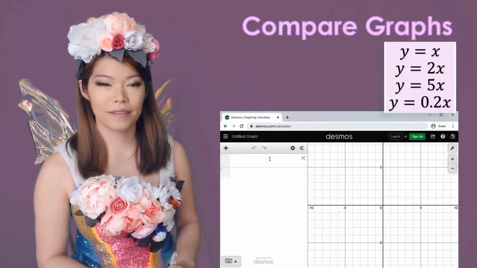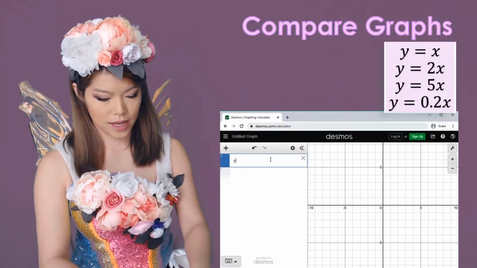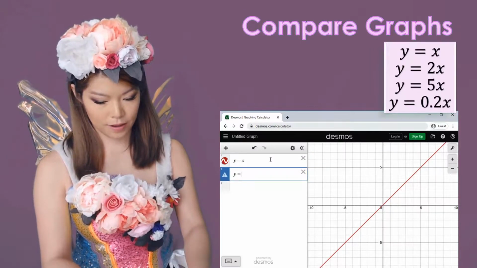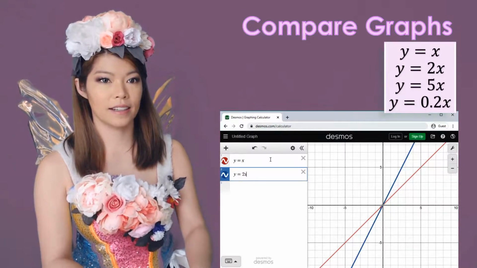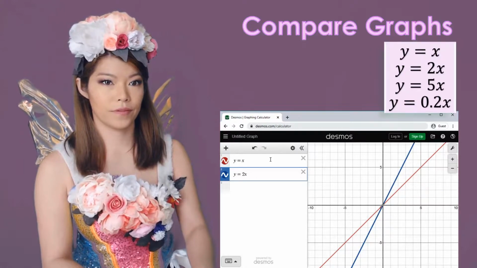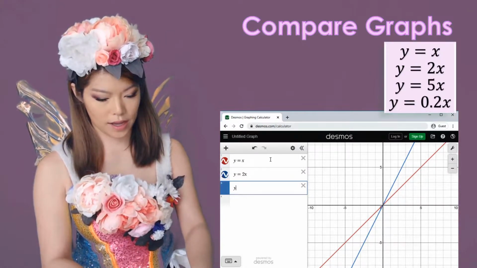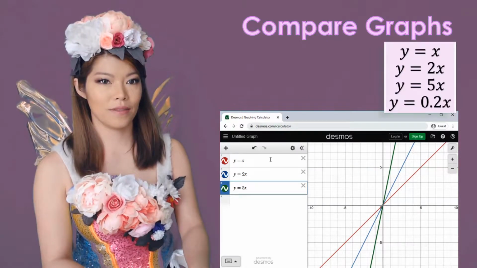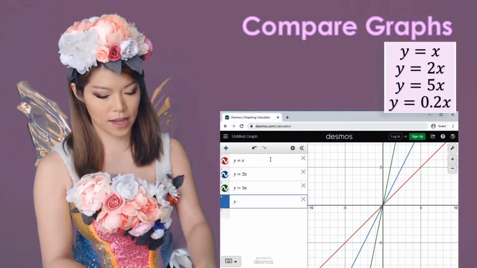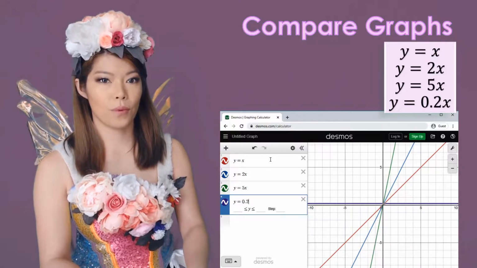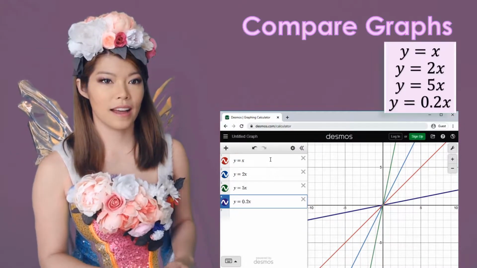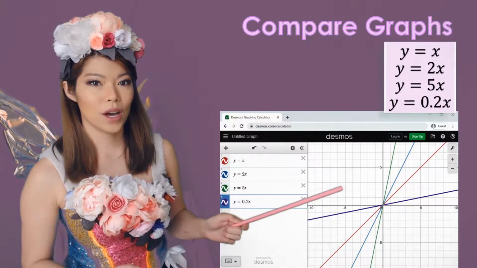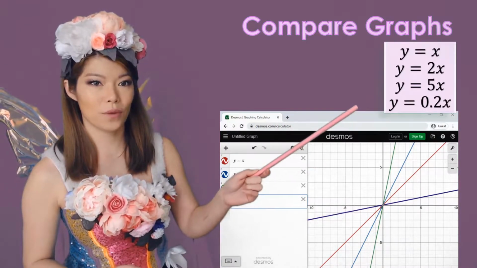So we have y equals x. We get that line, y equals 2x, y equals, where do you think 5x will be? It's going to be even steeper. And lastly, y equals, where do you think 0.2x is going to look like? A lot shallower. So we can see that using Desmos, we can quickly sketch the graphs that we want and